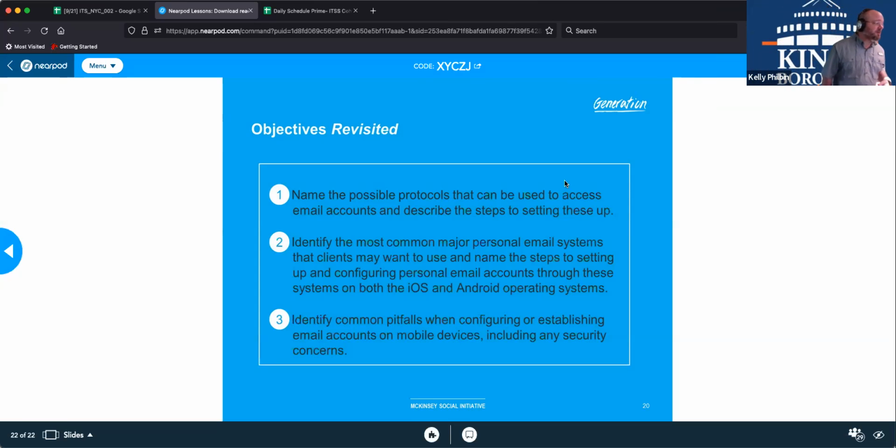Also, identify some of the common pitfalls when configuring emails. It's usually a data entry error, or the servers may be down temporarily. With that, we are at a close with